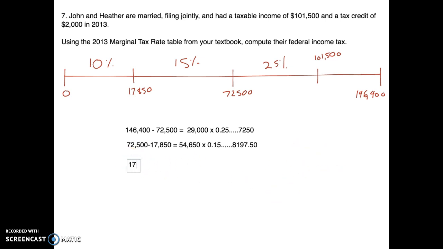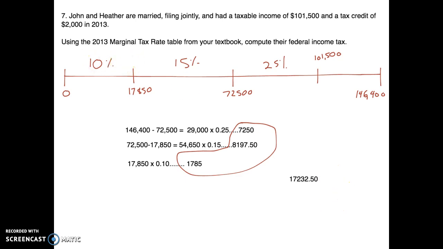Then on the last one, we'll just have the 17,850, multiply that by 10%, and then you end up with 1,785. So now we need to take all these amounts and add them together,